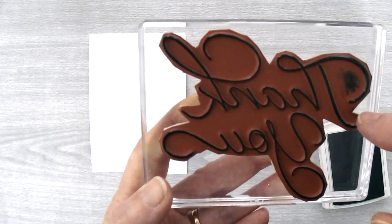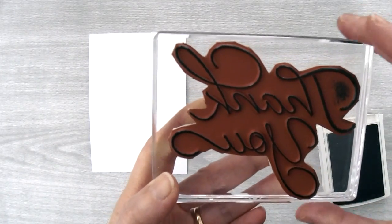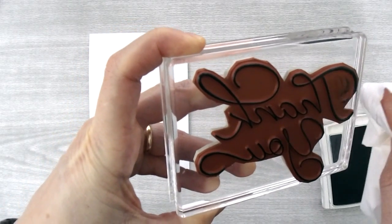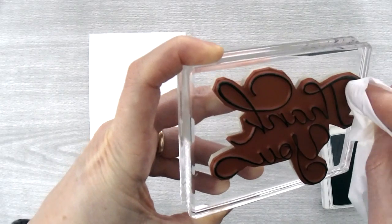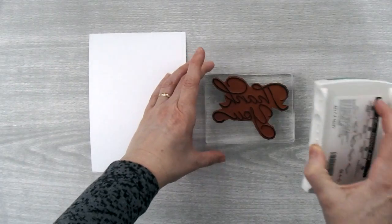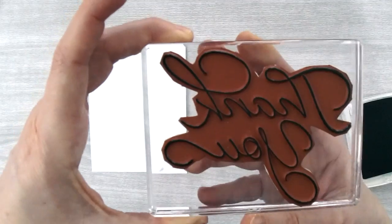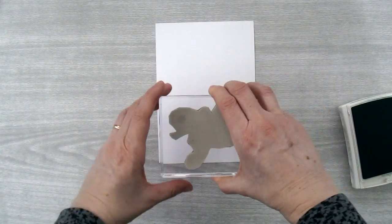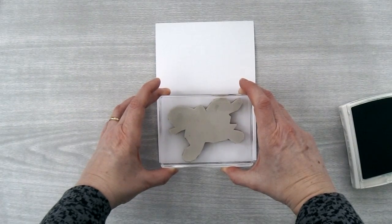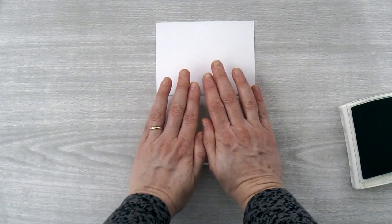You could also go in and trim out the center of these bigger spots so that you don't catch an edge. But what I'm going to do right now is I'm just going to take a tissue and get rid of the ink in the center quickly so that it won't catch in the middle. Now I'll have to go back gently again and add a little bit of ink over on that side. And then I think my stamp is ready to stamp, and I'm going to want to center it on the front of my card. So let me just make sure it looks right. And then when I like how it looks, I'm going to stamp it down